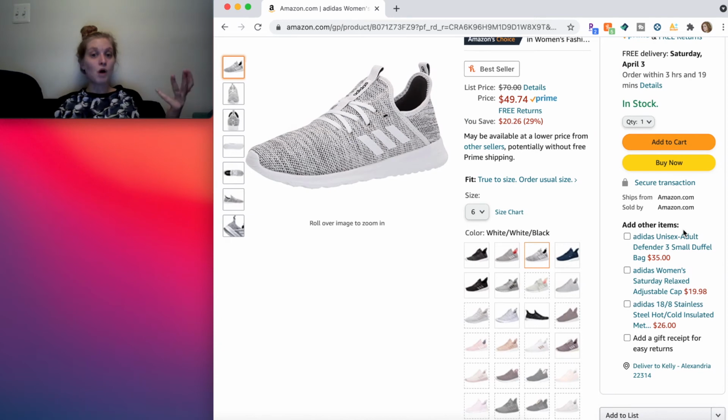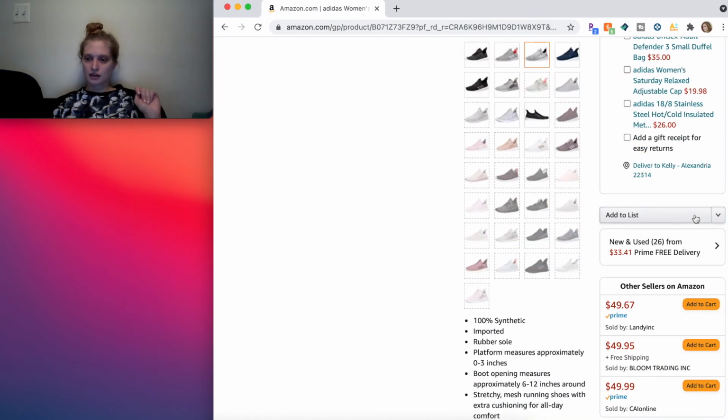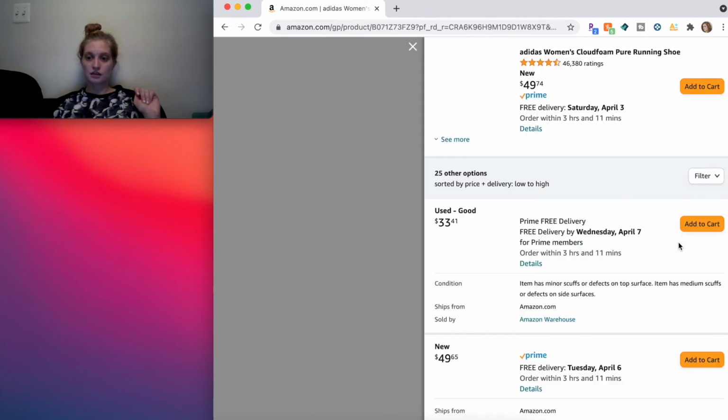I think people want to see Amazon there because it's a brand they know, it's a brand they trust. Like, if it says something else, I could see people being a little bit like, wait, I thought I was shopping on Amazon. But really, Amazon is just a big marketplace for third-party sellers and also Amazon to sell their products. One other thing, let's go back to that other list of all the other sellers, is not everybody sends